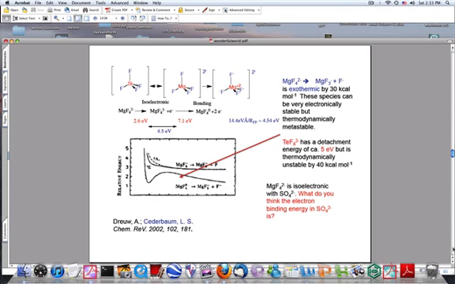Let's look at another one. MgF4 double minus. Now, MgF4 double minus is isoelectronic with SiF4, a very stable object. You can think of it, if you want to think of it in terms of ionic bonding, as an Mg+2 cation surrounded by 4 F- anions. Now, it's useful to imagine it this way, because one would imagine then that if you had the species existing at a certain geometry, say its equilibrium geometry, to remove an electron from MgF4-2 to form MgF4-1 plus an electron should cost a certain amount of energy,